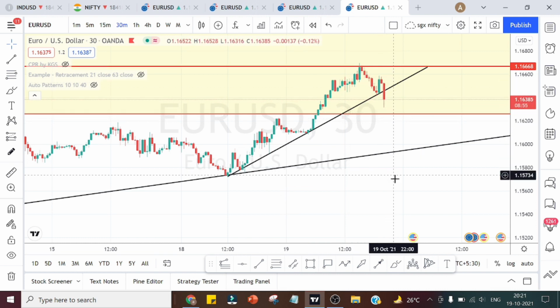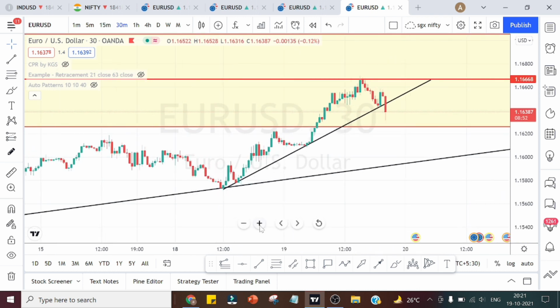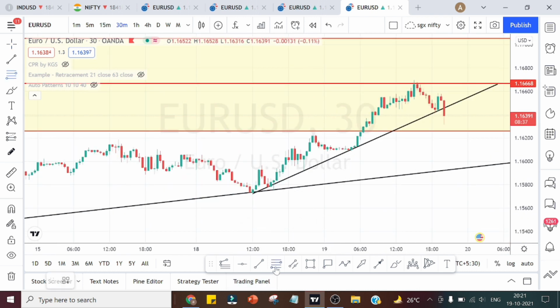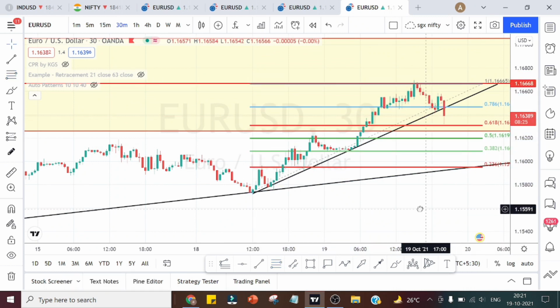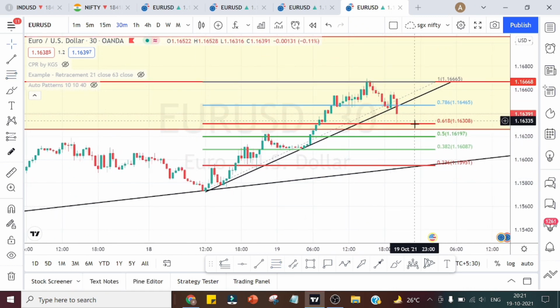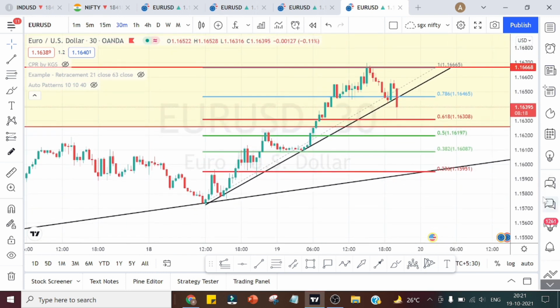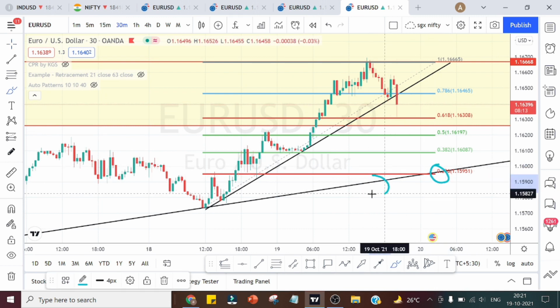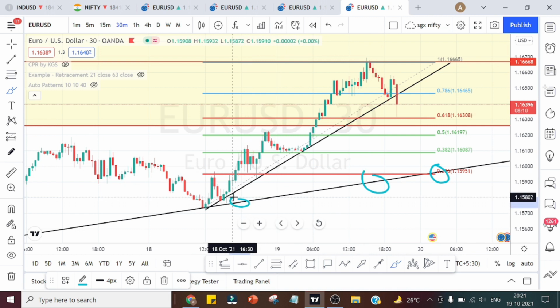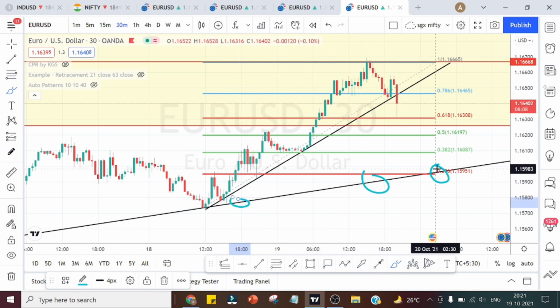So let us analyze the trading ranges, short-term trading ranges. Since the market has taken uptrend from here, we take the Fibonacci retracement tool and mark the ranges. So still the market is on the upside. It has given a retracement. So let us analyze the ranges now. As long as this level holds, and it doesn't breach this level, the trend is on the upside. This is the deciding part whether the trend reversal is going to happen on the downside or whether the uptrend is going to continue or not.